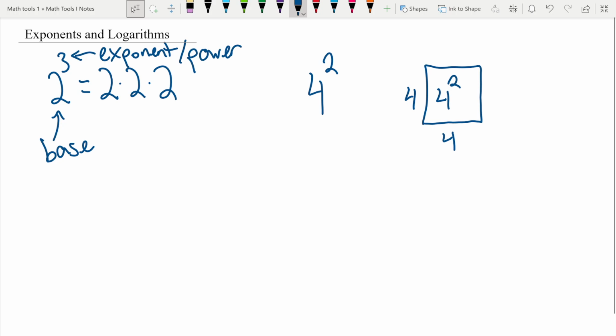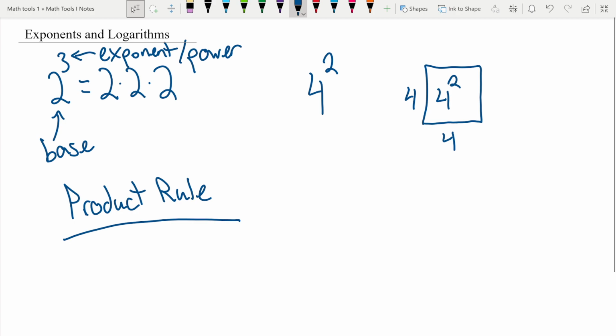So let's go through some of the basic properties that we can put together with these exponents. The first one is called the product rule. We're going to have all of these same properties for logarithms, so it's important to look at them for exponents first. The product rule is so named because we're looking at the product of two numbers raised to an exponent, specifically the same number. As an example to start with, if we have 2 to the third times 2 to the fifth,